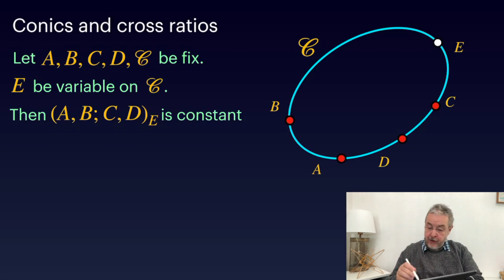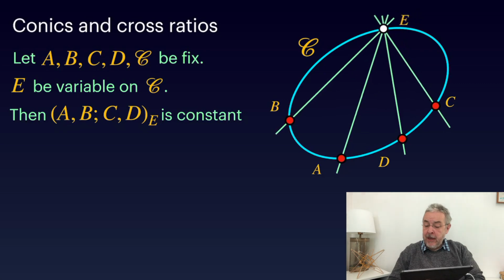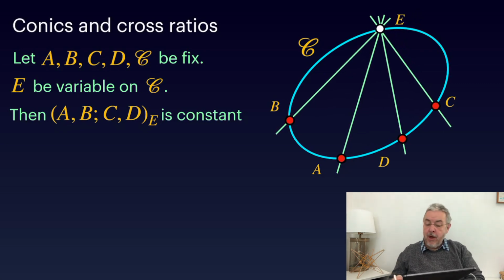So if you have a conic and you have 4 points on a conic, and these points and the conic are assumed to be fixed, and you have one point E that is allowed to move on the conic, then it turns out that the cross ratio, how E sees the other 4 points, is really invariant of the position of E as long as it stays on the conic. So if I move that point around, you will always get exactly the same cross ratio for those 4 lines,